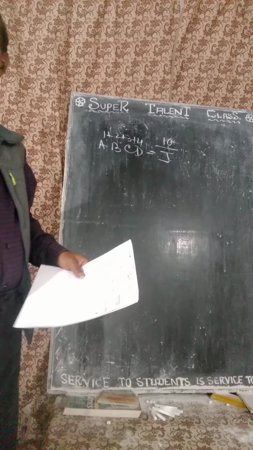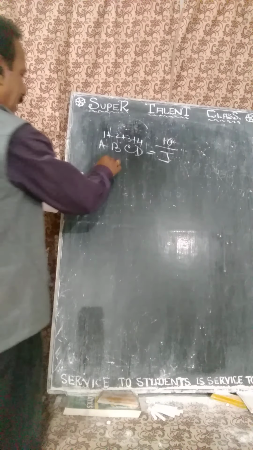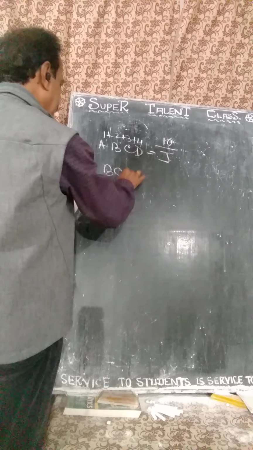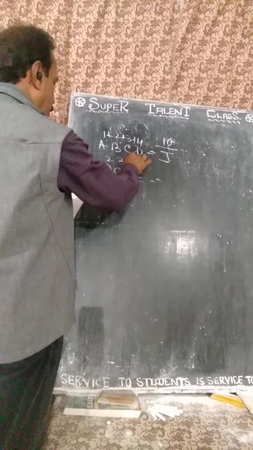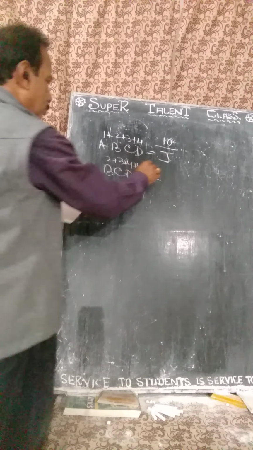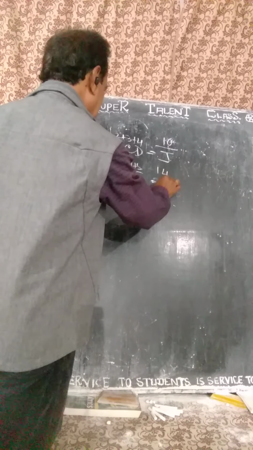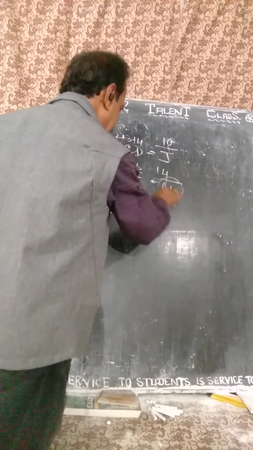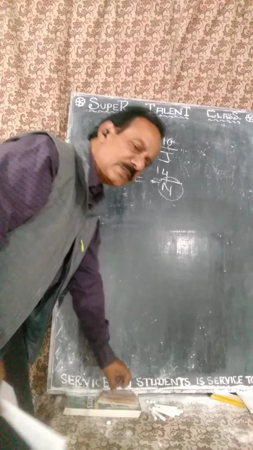So you should recall this. So A, B, C, D, J. Then B, C, D, E will come. B, 2, 3, 4, 5. 5 plus 4, 9 plus 3, 12 plus 2, 14. So you write the 14 number, which is N. So the right answer is N. Like this you can get it. So it has no limit.